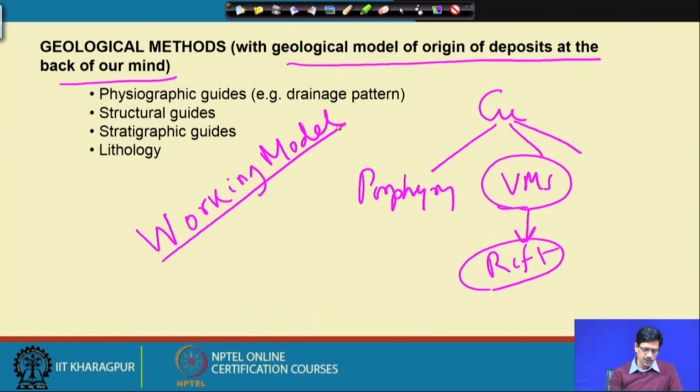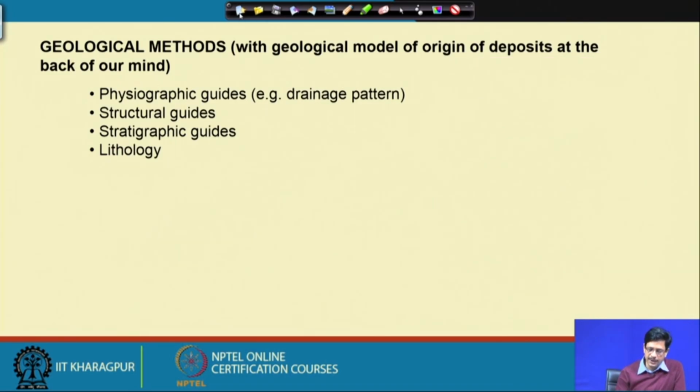This working model may be suffering from many shortcomings or deficiencies in terms of accuracy, or there are many opposing views to any proposed genetic model. But if that genetic model could be translated, if we can say that it's a mineral system,